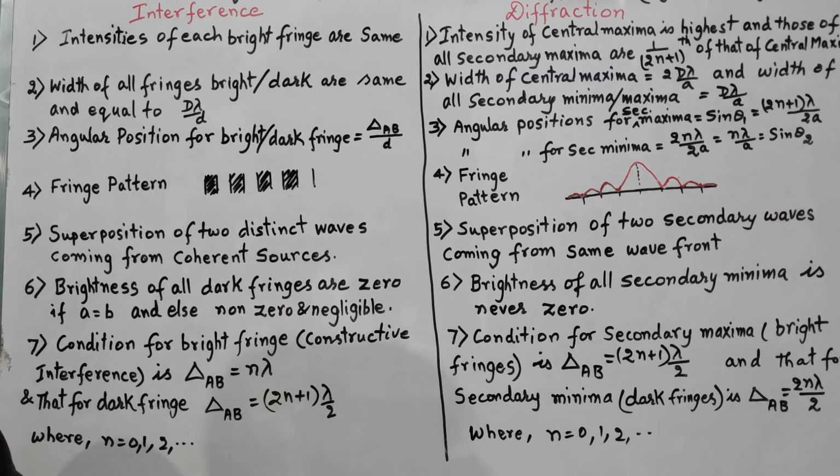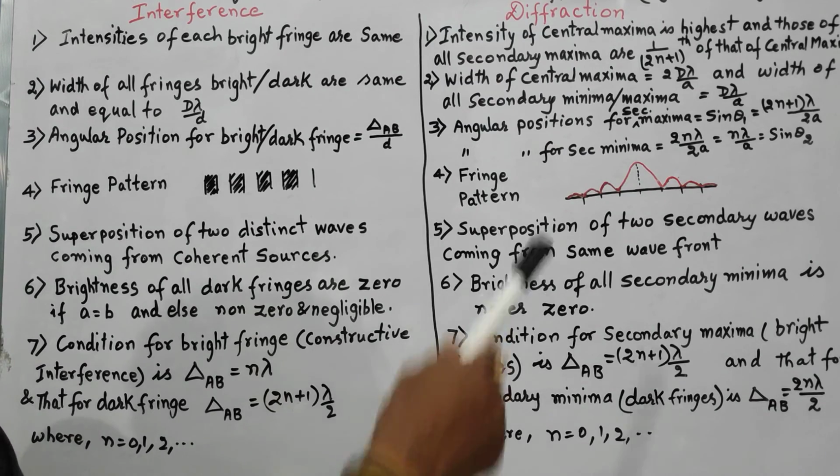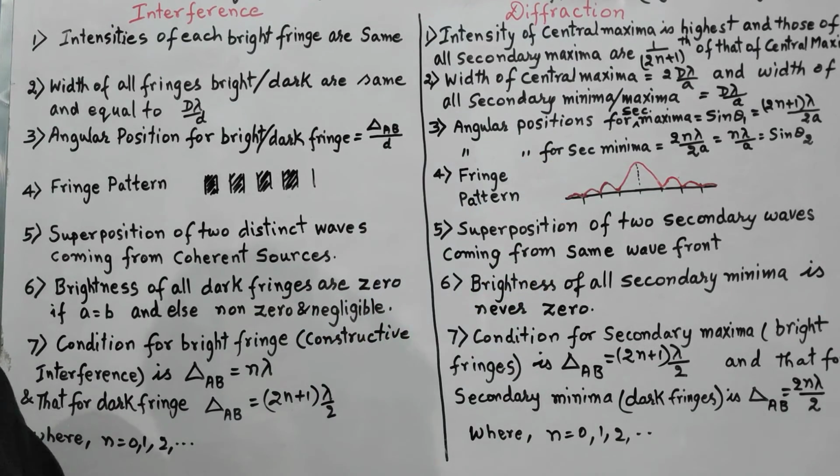So I believe that we have cleared all the confusions in the case of interference and diffraction. For a real understanding, you need to go through the lectures given on interference as well as diffraction, and look into how we have calculated the different factors which we have used here. Only then will you be able to understand this comparison nicely and grasp it.